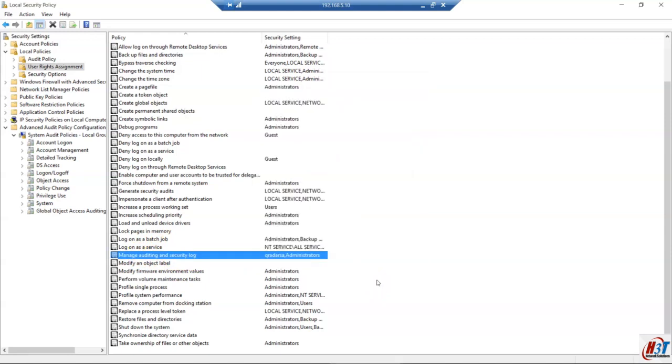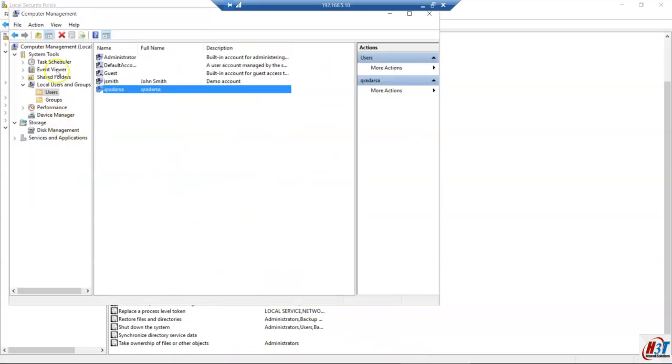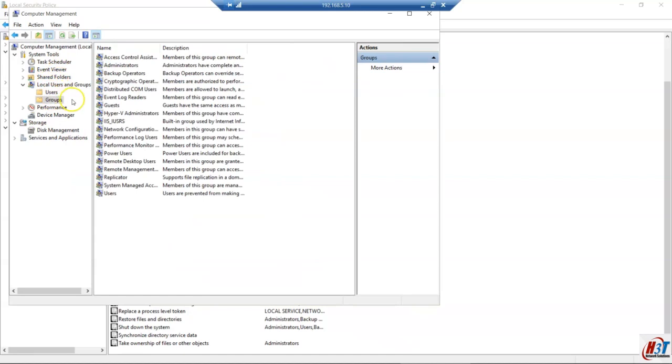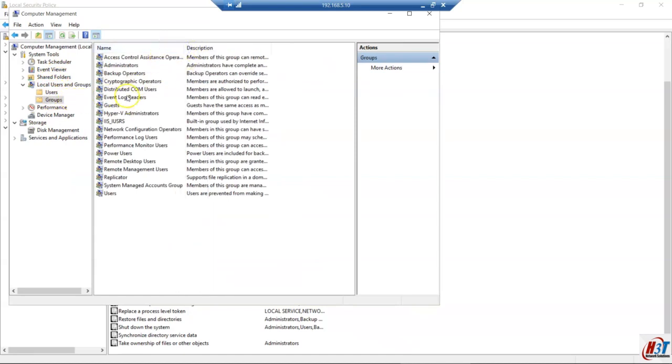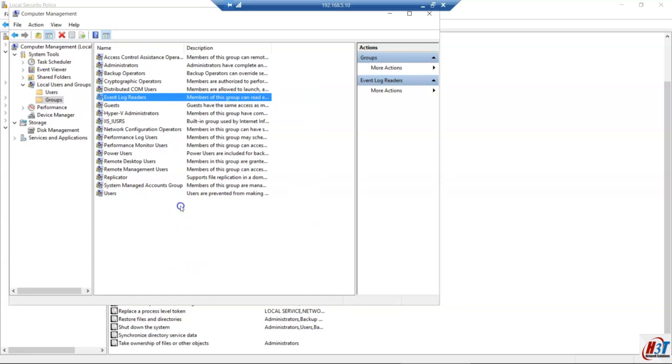Next, you need to add this account also to the log readers. From the groups, you can see a built-in group called event log readers. You want to make sure the QRadar SA is added. Okay, and finally from the control panel,